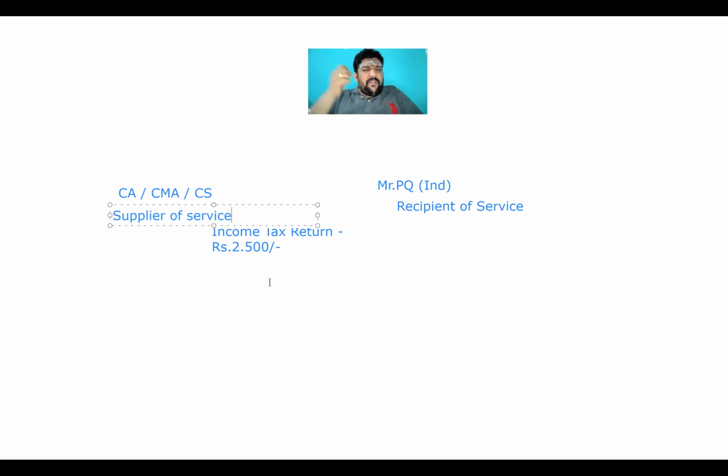Something we have to note down carefully over here is he has not only collected 2,500 rupees as consultancy charges, he also collected the tax amount payable, which is 10,350 rupees. The only question that I'm going to ask before you is, no doubt this individual is liable to pay GST. The value of supply under GST is going to be 10,350